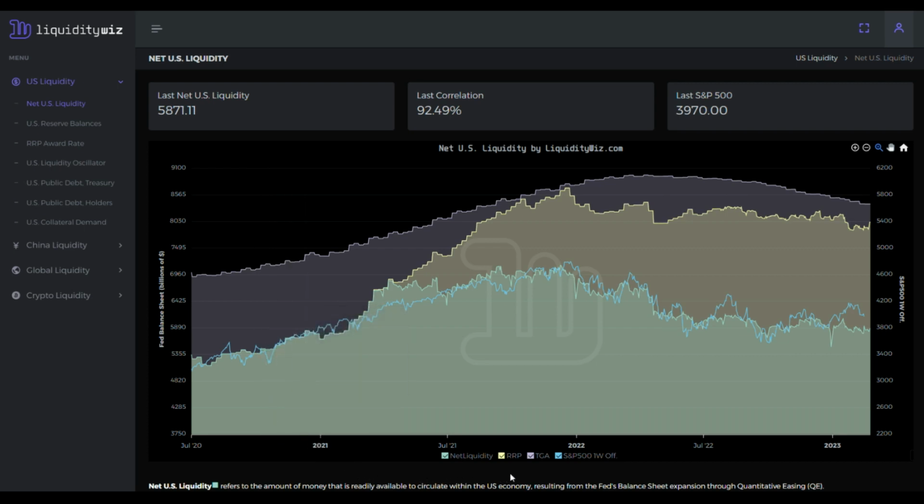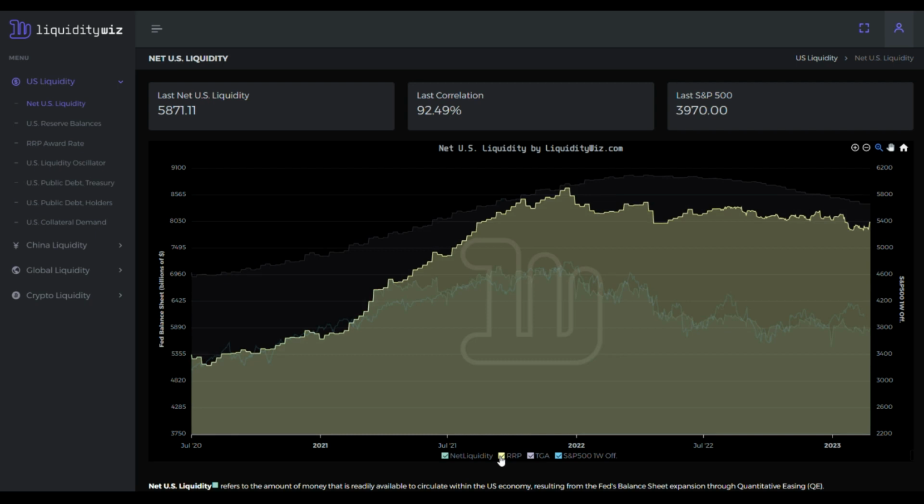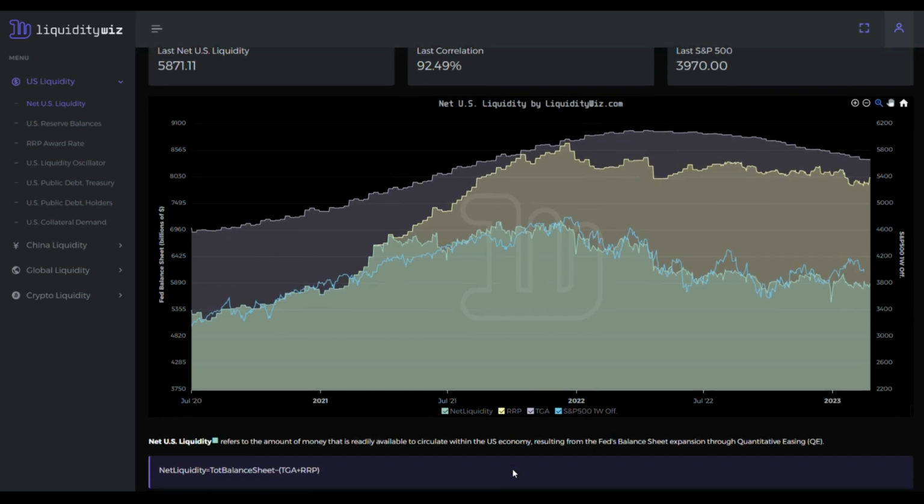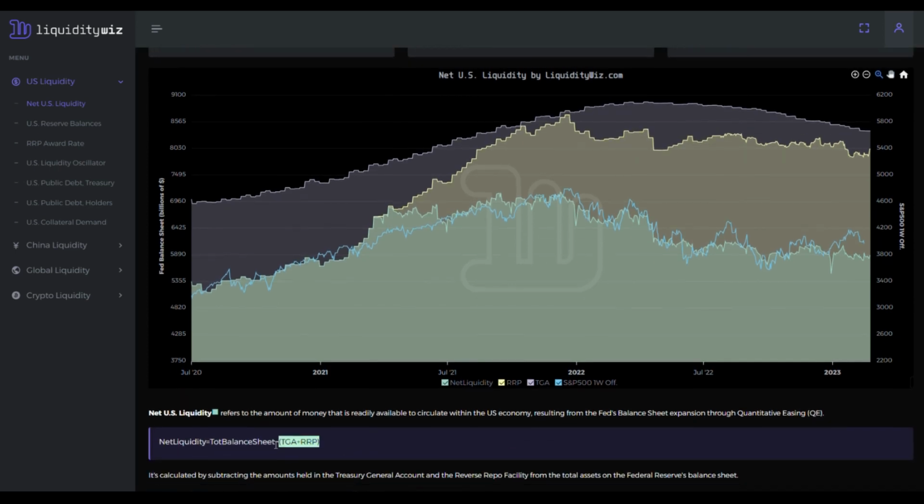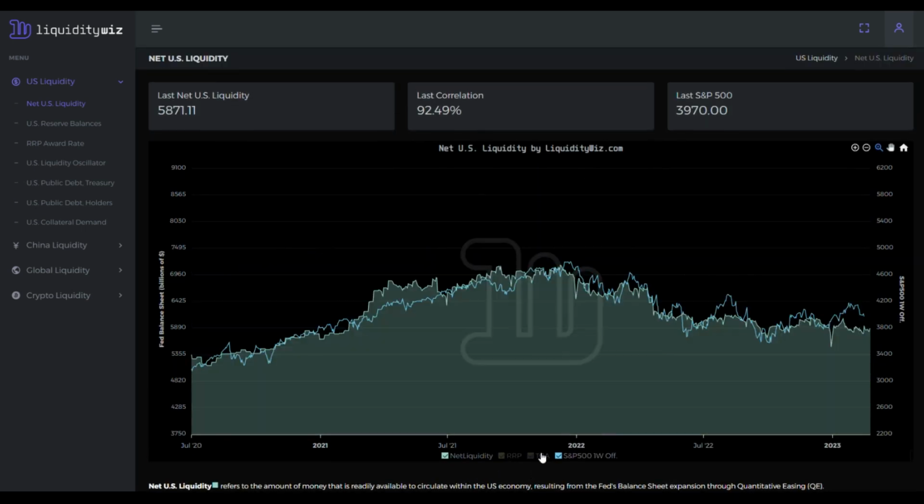While the TGA, this area beneath it also in purple, and the reverse repo market, here below in yellow, act as deductors in the equation simply because the liquidity that is stored inside them is temporarily removed from the markets. Down here, we have the formula, which is net liquidity equals total balance sheet minus TGA minus repo. Therefore, net liquidity results in this green area here, which is useful to measure the potential buying power for stocks